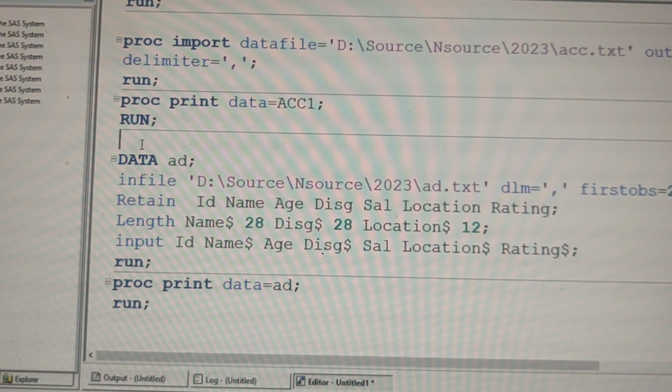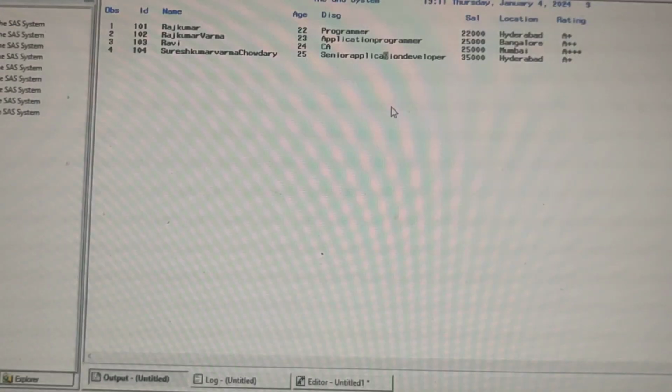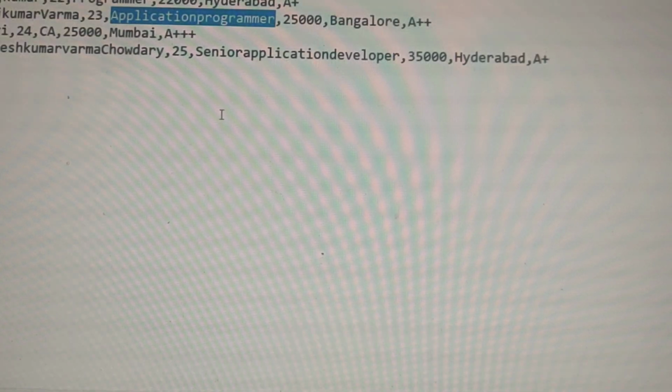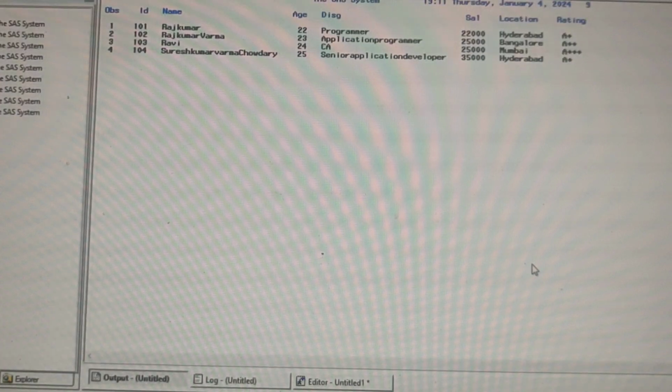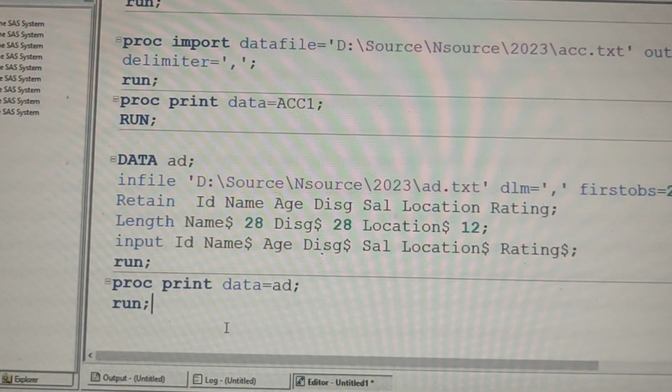Now I am submitting this one. When I submit this one, have we printed or not? Yes or no? Printed, right? Okay, so everything we have printed without any issue. Okay, this is which statement? INFILE. Now I want to import the same file by using